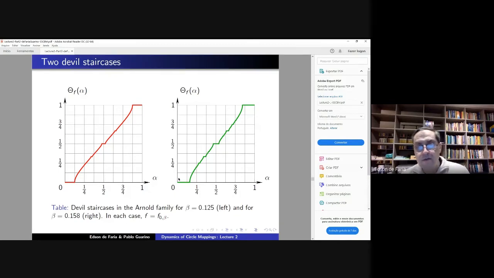So you have this Devil's staircase picture, and you can see that the plateaus, the places where the graph is horizontal, are becoming thicker as you increase the parameter beta. Okay, so on the left you have a smaller value of beta than on the right, and you can clearly see that the plateaus for the green map here are bigger than the corresponding plateaus for the red map here. Okay, and unlike the picture might suggest, because of thickness of lines and so on, there's no smoothness there whatsoever. I mean, there are plateaus everywhere. Okay.